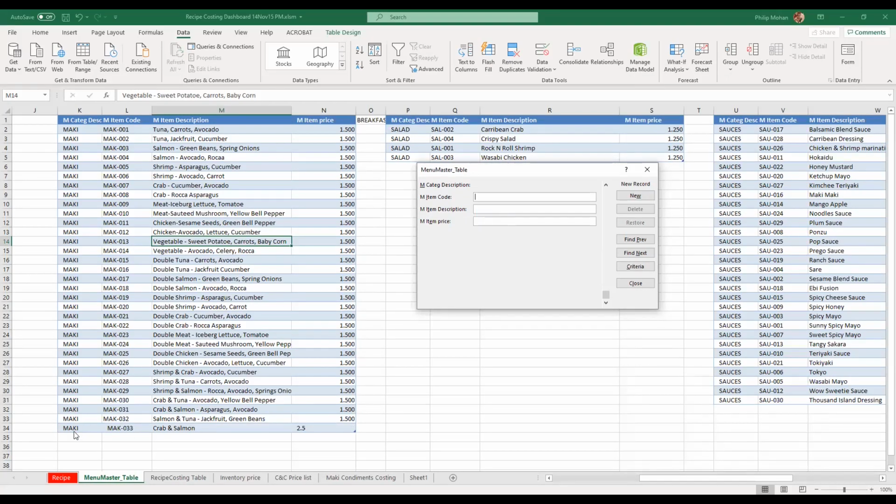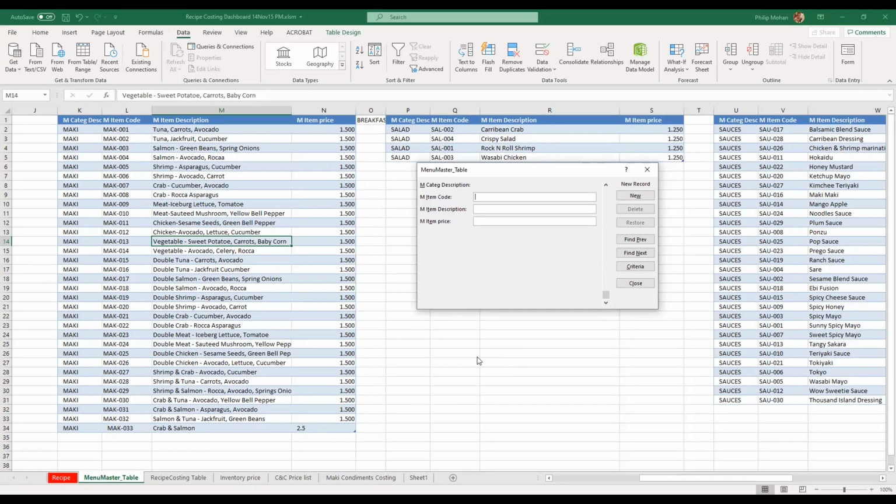See, it's automatically put in Maki. So I guess it's intelligent. I don't know what else to say. It's not aligned and all that, we can sort out later. That's not a problem. So basically, this is a form where if you've got a huge table and you've got maybe 250 or 2,300 records, then it's better to have something like this because it will automatically append it at the bottom. Otherwise you'll have to go and search for the last line each time.